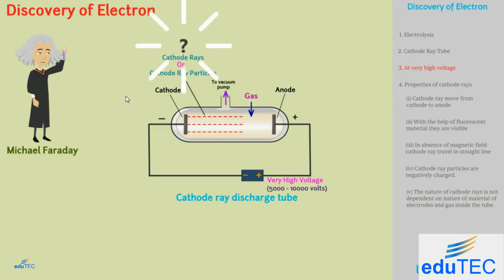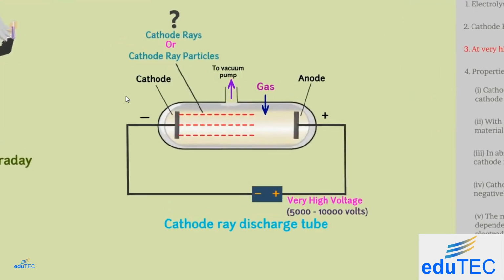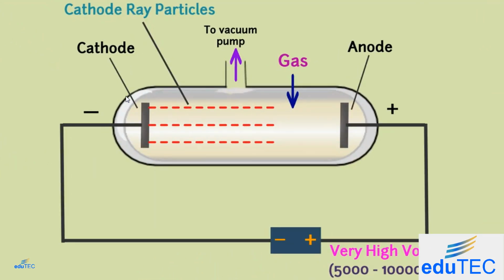Now, the question is about the direction of flow of cathode ray particles. It is solved by making a hole in the anode and coating the tube behind anode with fluorescent material such as zinc sulfide. On application of voltage, bright spots can be observed on the coating. This indicates that the cathode ray particles originate from cathode and travel towards anode.